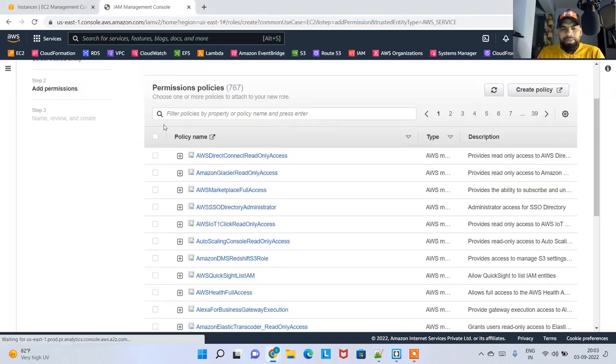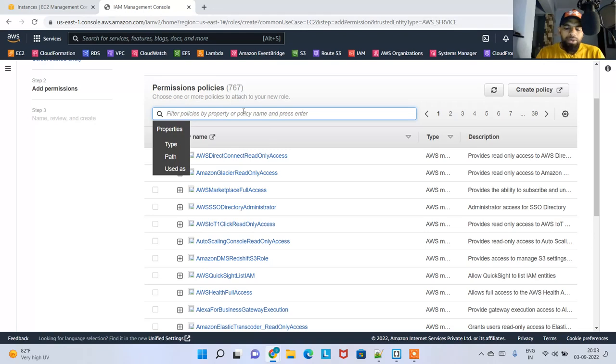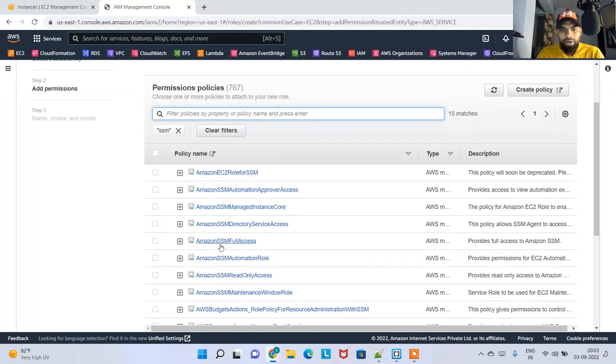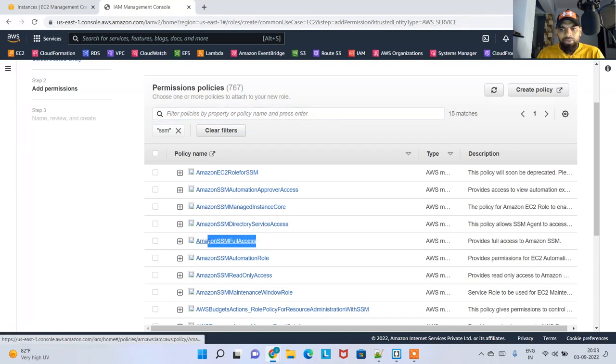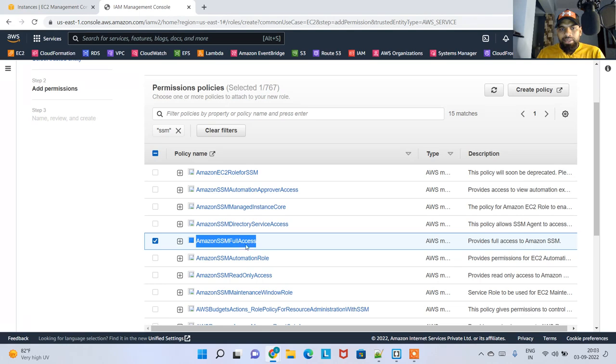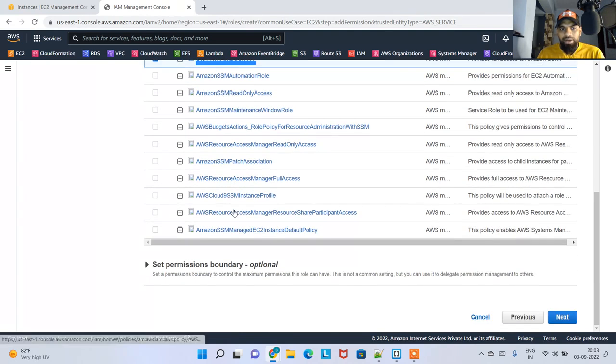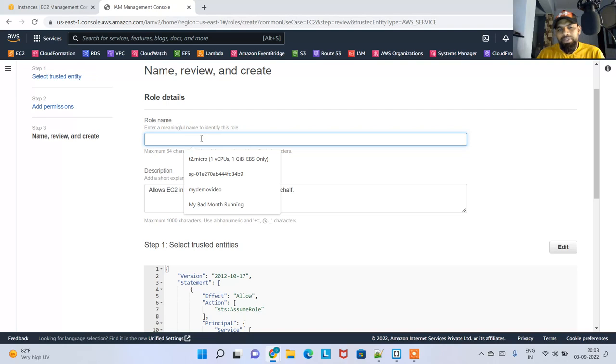just hit on next. Now here there is something called SSM. Just type SSM and hit enter. You see you are getting something called Amazon SSM full access. So you need to select this policy name for the role which you are creating. Click on that, Amazon SSM full access, then click on next, and then give some name like this, Session Manager custom role,